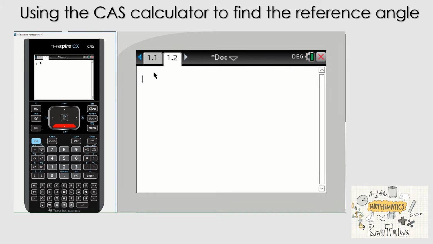All right, so the CAS calculator is no different to the scientific calculator for a question like this when you're finding the angle, but I thought we'll go through it anyway. So I'm going to do the previous question just on the CAS. We're going to be using